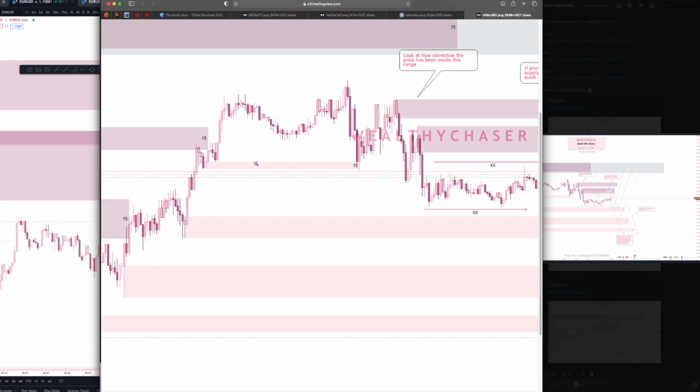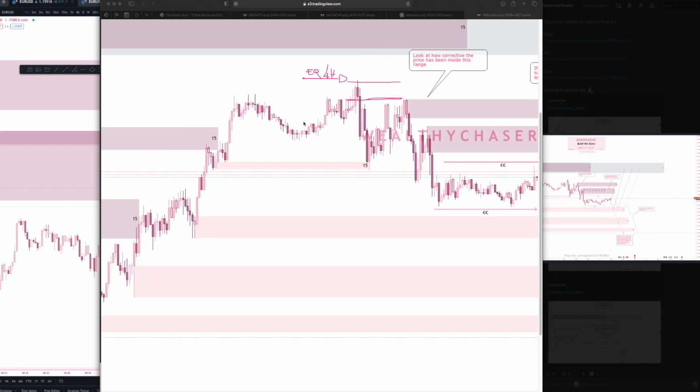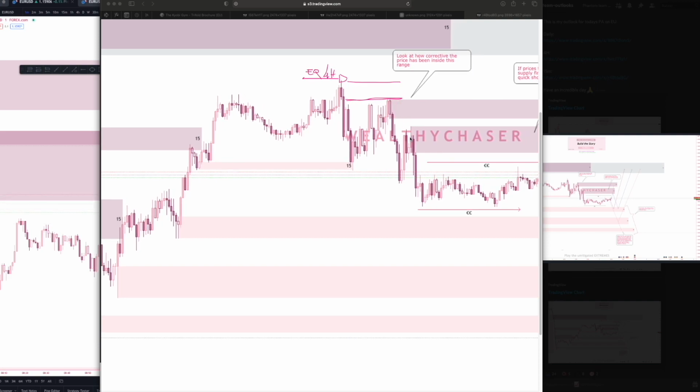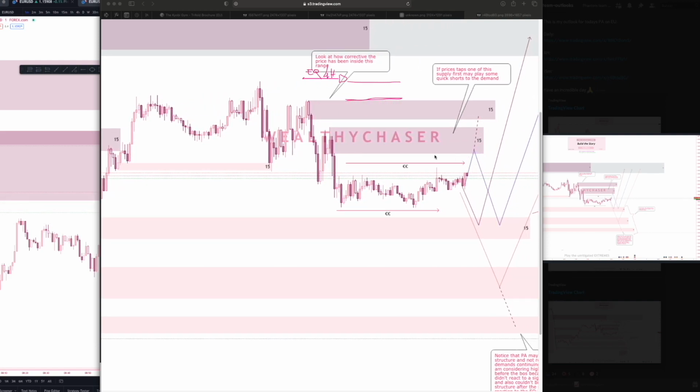Following expectational order flow, at the moment, supply has been in control, right? We actually didn't react off of something significant here, despite the equilibrium of the 4 hour. We've been mitigating supply after supply, and at the moment, I think supply is in control. So it is expectable that if we reach a significant supply and lower time frames show me bearish intentions, I will play a short to this demand. So that was exactly what I did.